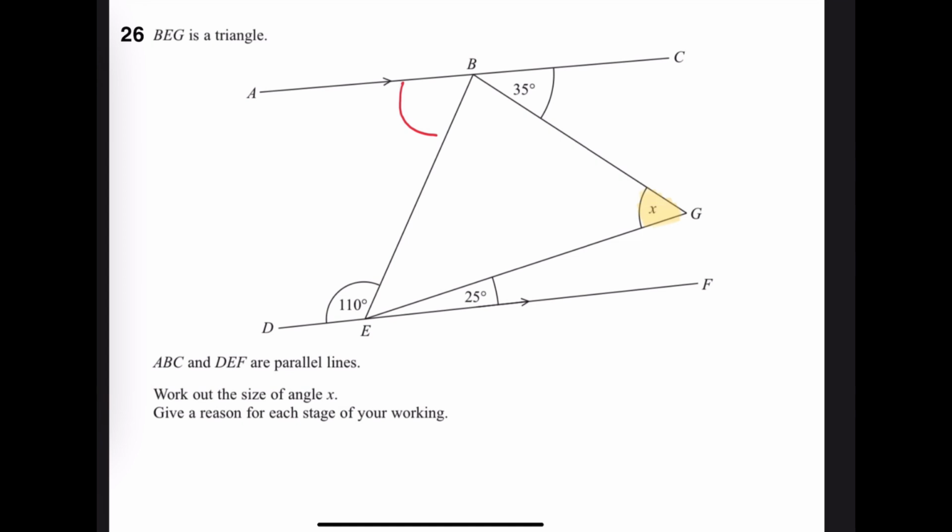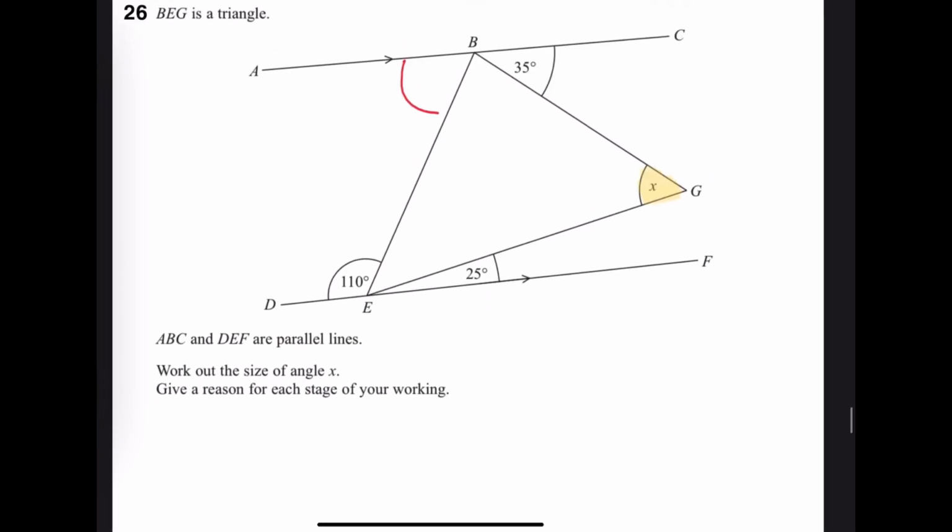Now, because ABC and DEF are parallel lines, we know that whatever crosses these parallel lines, between these two angles, they're always going to equal 180 degrees. So if we do 180 minus 110, this angle over here will be 70 degrees. The next thing we do is we know in